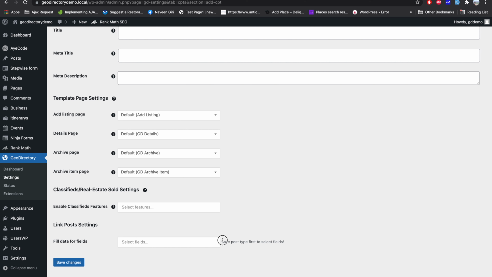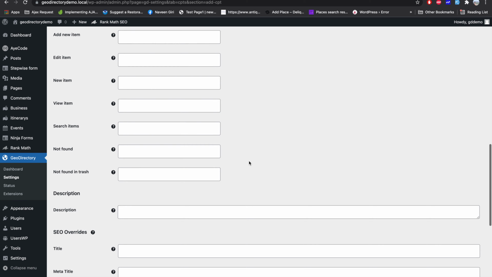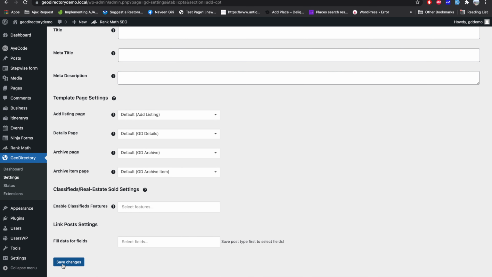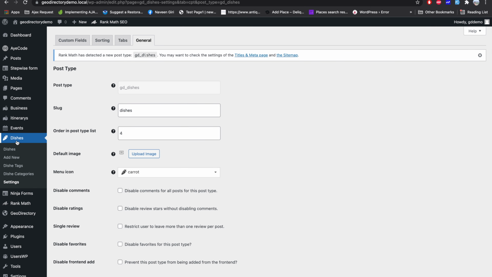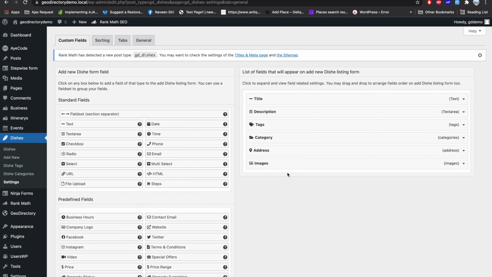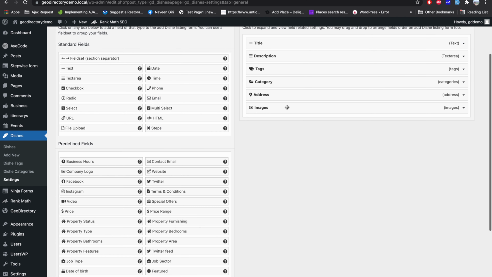So as you can see here, save post type first to select field. I will just keep it like this and save changes. And there you go, you can see that this post type has been created. And in the custom field section, you can basically create a new field for this particular